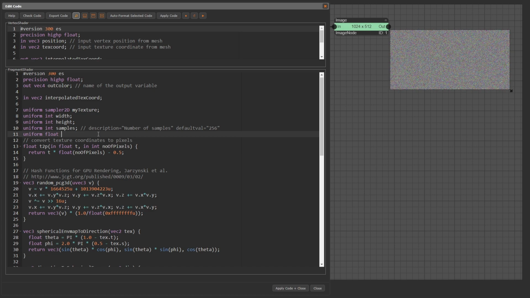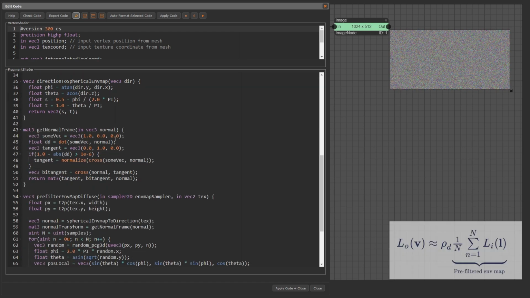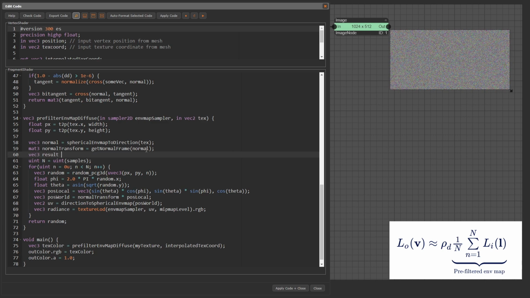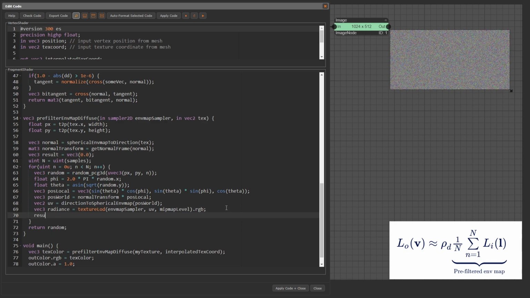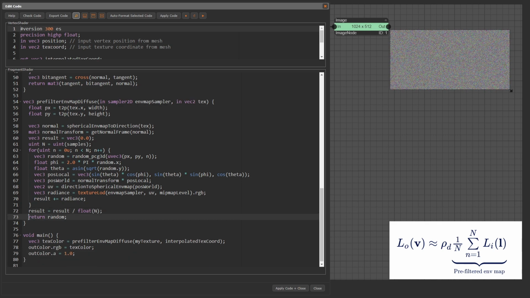Uniform float mipmaplevel, description: mipmaplevel, default value 0.0. We need to compute the sum of all radiance values Li. vec3 result equals vec3(0.0). result += radiance. result equals result divided by float(N). Return result.